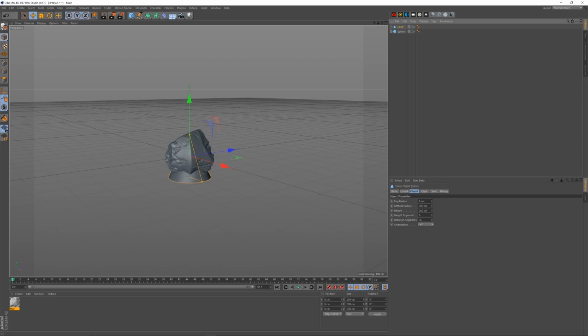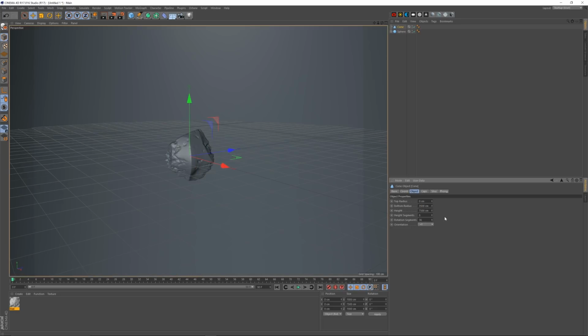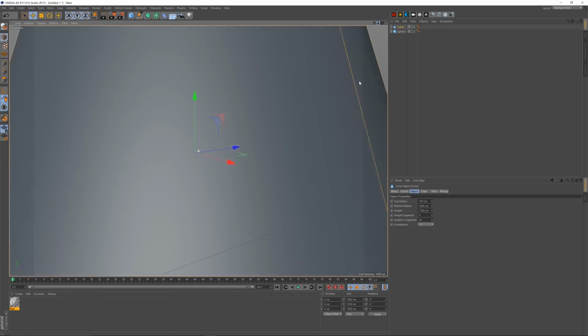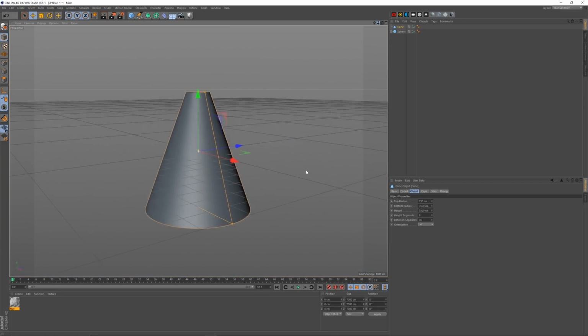So let's give it a height of, not going to be physically accurate, but I just want it quite big. Height of 7,500. I'm going to take the bottom to 3,500. And I want the top radius open a bit. Let's say 750. So if I zoom right out, there are my little rocks in there, and then that's going